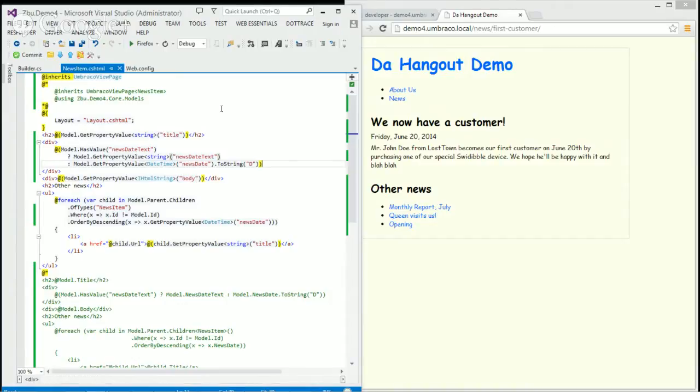So what I like to say is that dynamic in Umbraco gives you all the good parts about PHP, which is you don't even understand why it doesn't work. Yeah. Well, I personally don't like it. I understand that some people like it, and why not? But I personally don't like it.